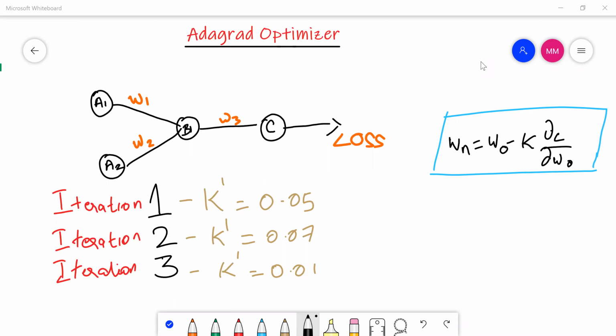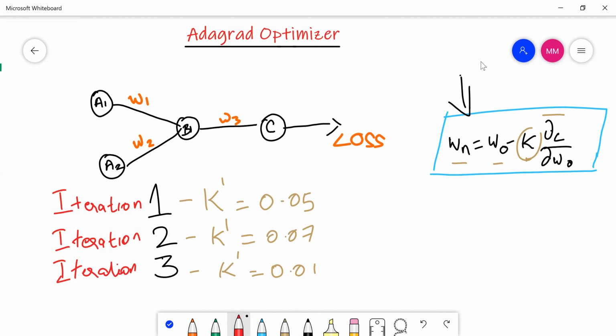respect to time. Normally in all optimizers or in all neural networks, this will be our standard equation to find the updated weights, which is nothing but W new is equal to W old minus learning rate times the derivative of the loss with respect to the weight. Instead of this fixed learning rate, we will be changing the learning rate with respect to time. When we tweak this formula with respect to time, it will look something like this.